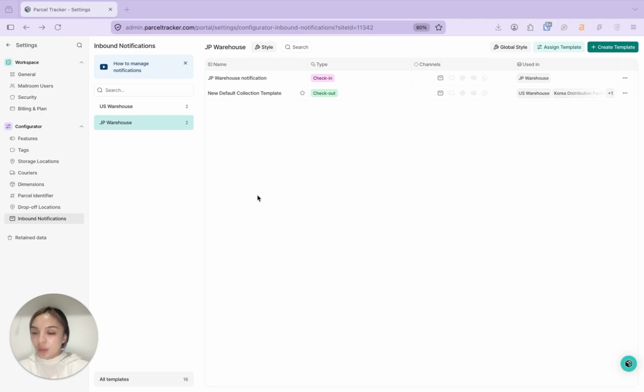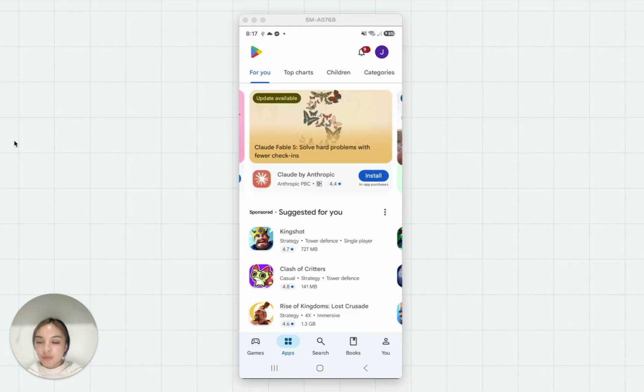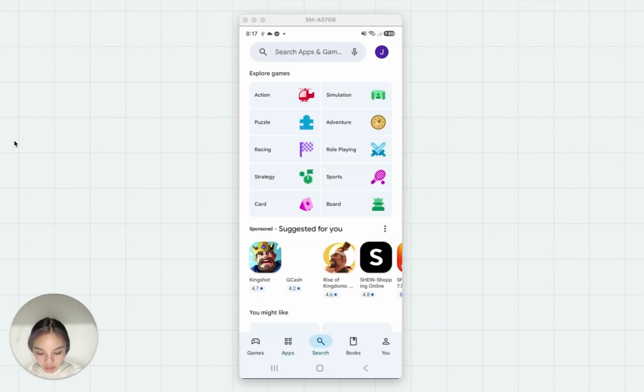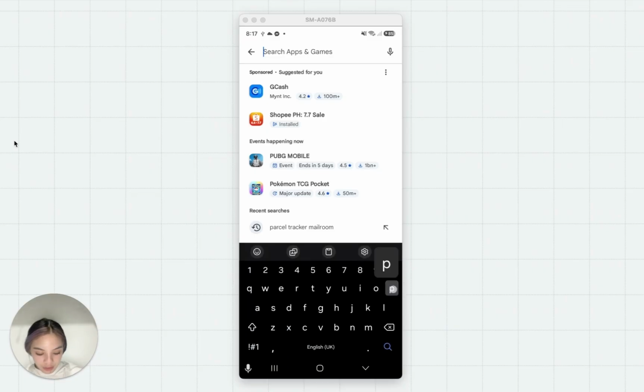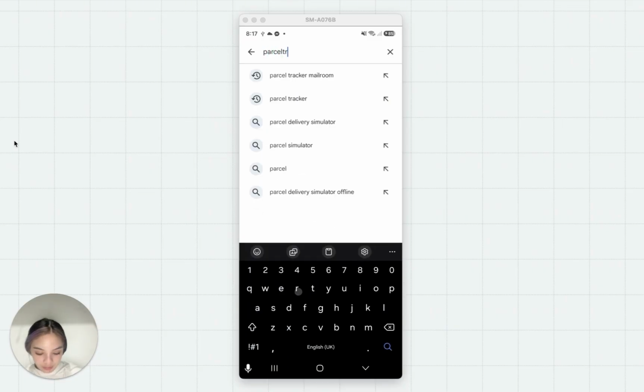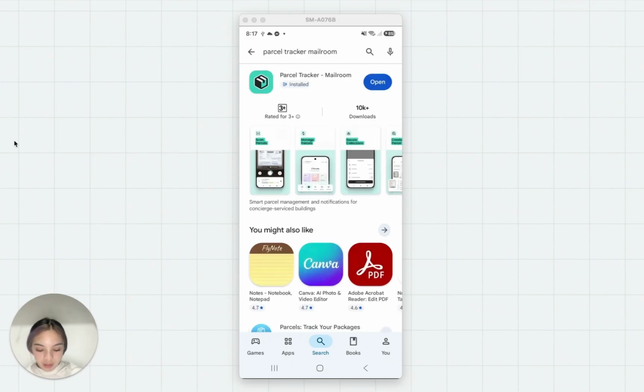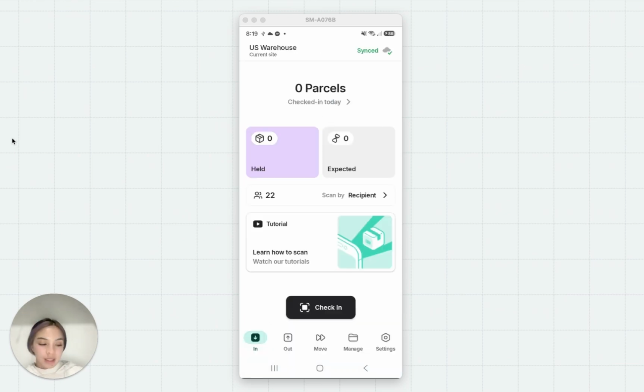Now that all of this is done, we're finally ready to start scanning in some parcels. You're now looking at my phone screen, and I first want to show you where you can find Parcel Tracker on the iOS App Store or the Google Play Store. So whichever one you're on, go to Search, look for Parcel Tracker, and select Parcel Tracker Mailroom. This is the app that you want to download, and once it's installed, you can just sign in with your account details. Here's what the app looks like, and before we start scanning anything in, I want to show you